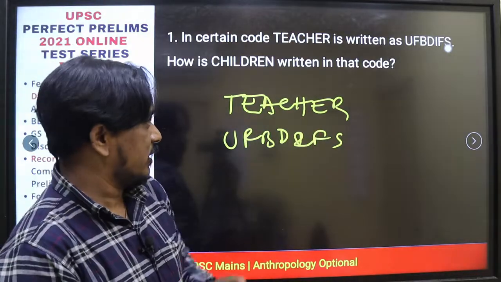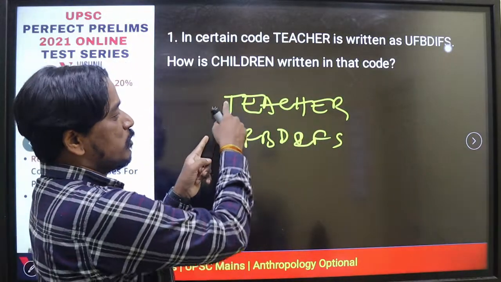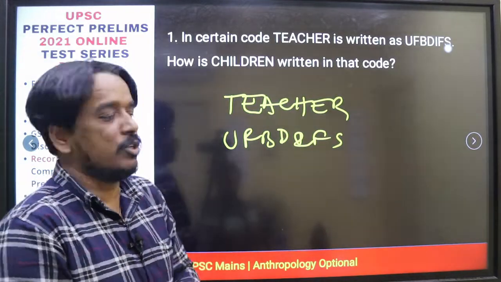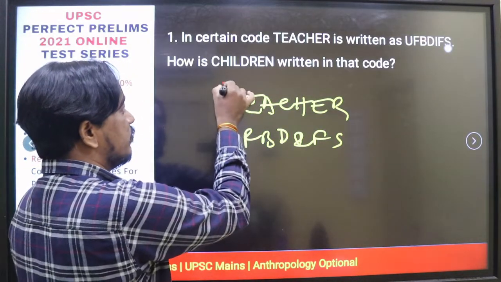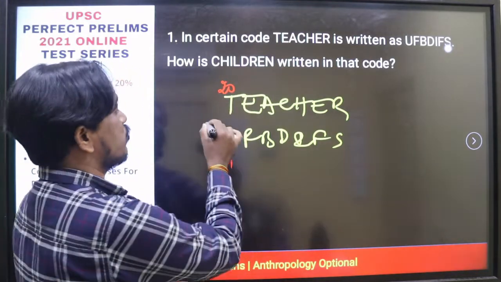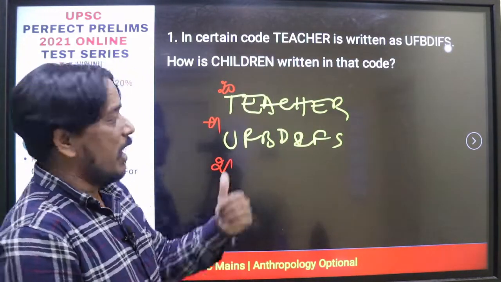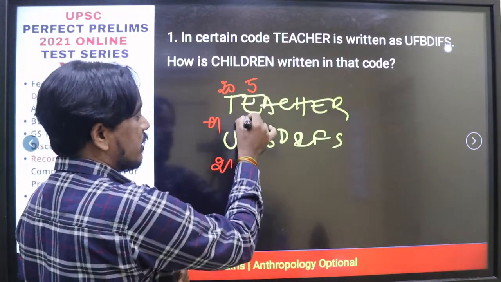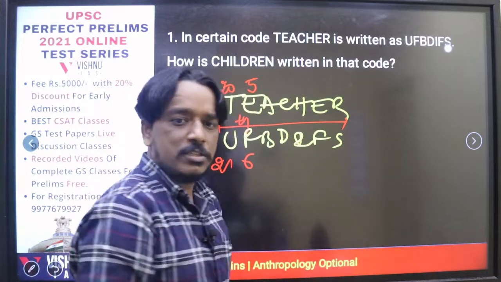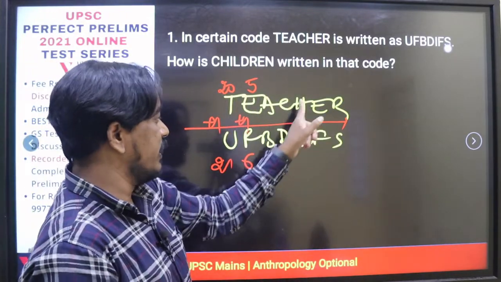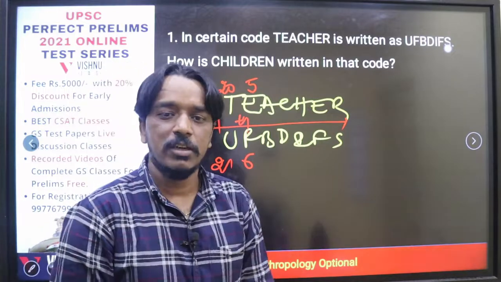Here, first check the same position logic according to alphabetical sequence. Generally we will get the logic that way. T is number 20, U is 21, generally the +1 pattern. Similarly E is 5, F is 6, again plus 1. Verify for all the letters, definitely plus 1, plus 1, plus 1 should be there. So if plus 1 is there, C, D, H, I, E, F and R, S, so plus 1.